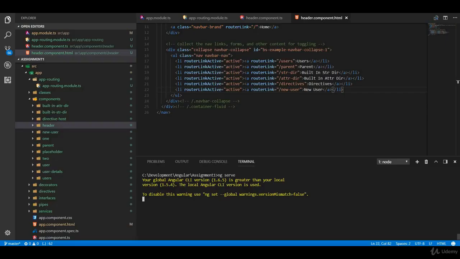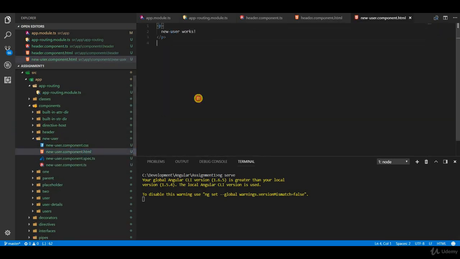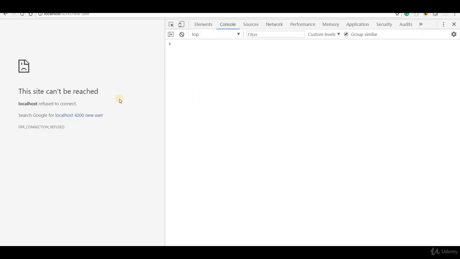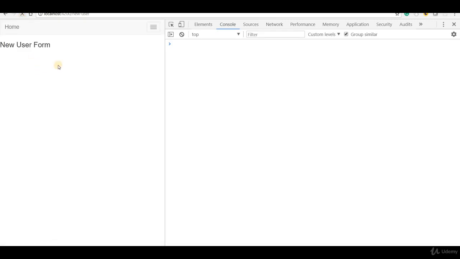So once, let's wait for it to load. Meanwhile, let's go to the template of new user and get rid of the p, the paragraph tag, and in an h3 tag I'll name this a new user form. Okay, and now if I go back and try to reload this, then I should see a new user form in